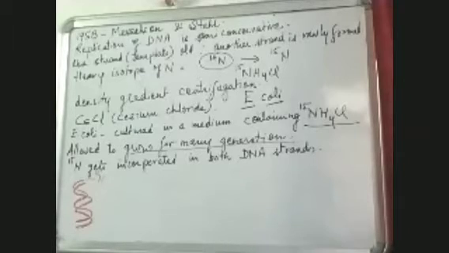And because the replication will keep taking place, strands of DNA of E. coli will have N15 in them. E. coli got N15 in them. The N15 has been incorporated into them. Now what happened? When this was centrifuged,